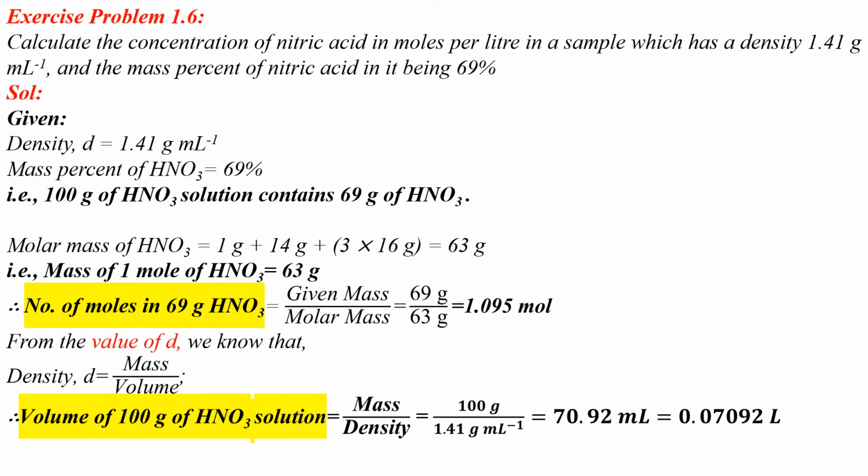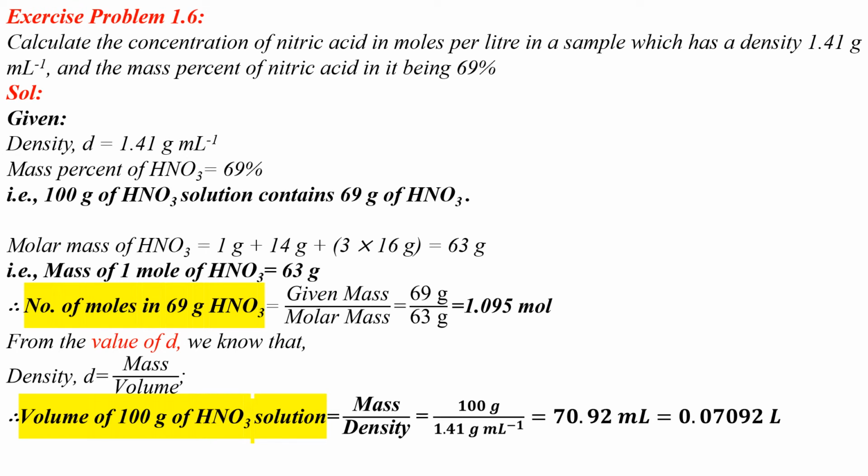When you add these values, you get 63 grams as the mass of 1 mole of nitric acid. Therefore number of moles in 69 grams of nitric acid is equal to 69 divided by 63 grams, which is equal to 1.095 moles. So there are 1.095 moles of nitric acid in 69 grams of nitric acid. Now,